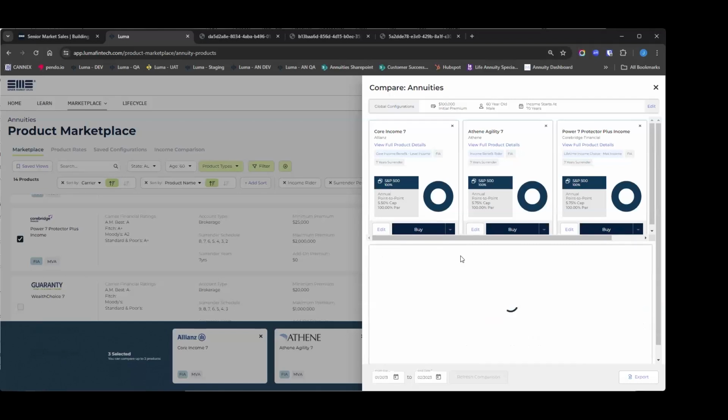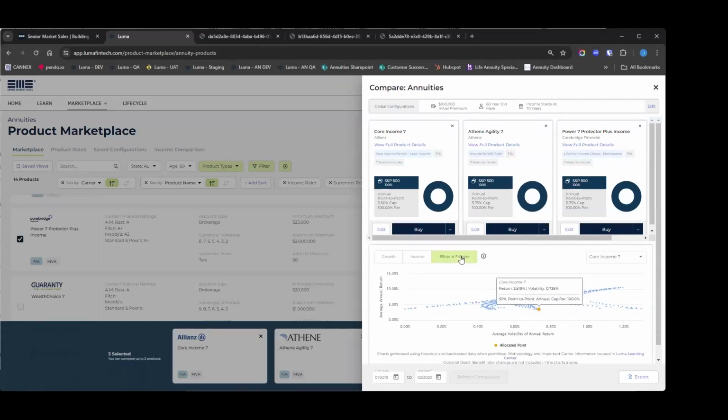Final piece of analysis we have here is the efficient frontier. Let me just orient you a little bit around the efficient frontier and why we created it. As you are well aware, these products are getting more and more complex as it relates to the indices that are available in the products. You see some very complex vol-controlled indices coming out. And when you wrap them with some of these more creative crediting strategies, it can be difficult to really get a sense for within a product what combination or what specific crediting strategies are going to drive to the best client outcome. So to try to address that and help guide you through the selection process, we created the